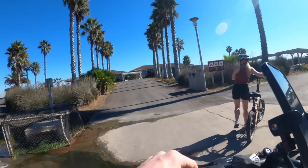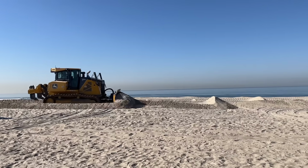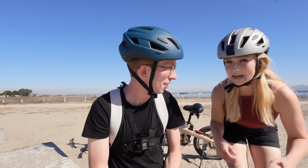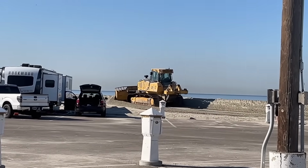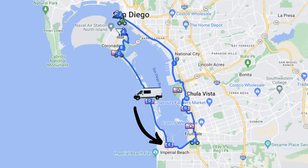So we're starting our bike ride on Silver Strand Beach, and we did end up getting an RV park just so we have a safe place to sleep, but they're in the middle of doing a bunch of construction, so we decided to move out of it first to actually start the bike ride. There's actual heavy machinery driving back and forth and beeping, and so we came up the beach a little bit for some quiet. But all in all, it's gonna be a 24-mile round trip, partly on proper bike paths,